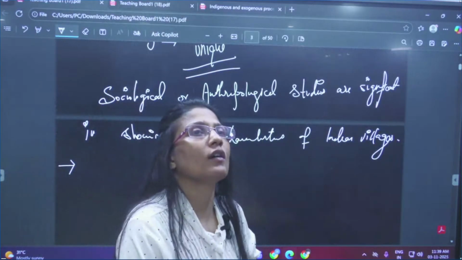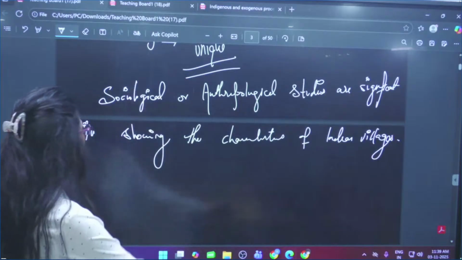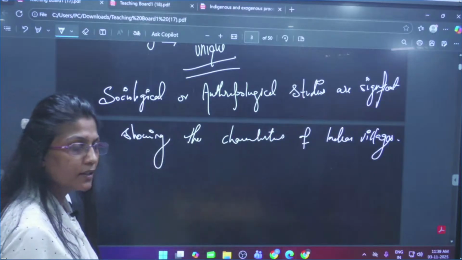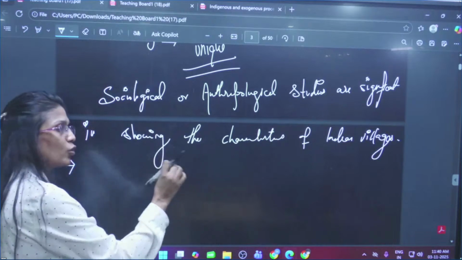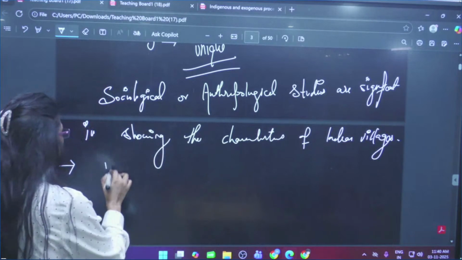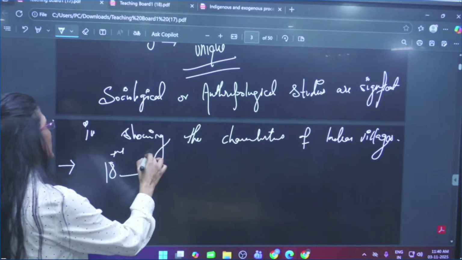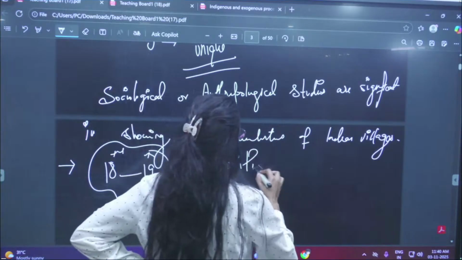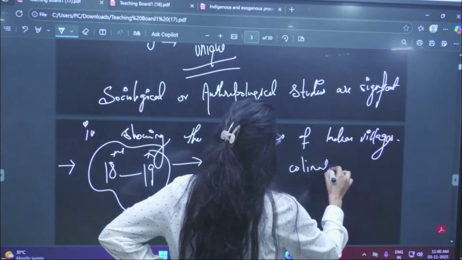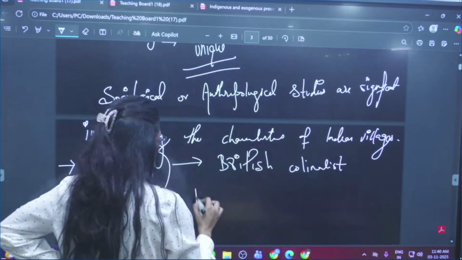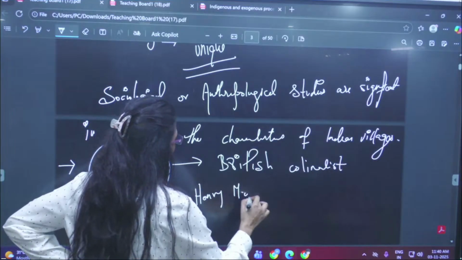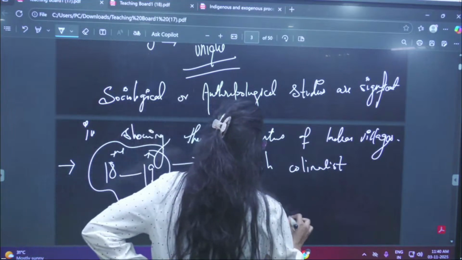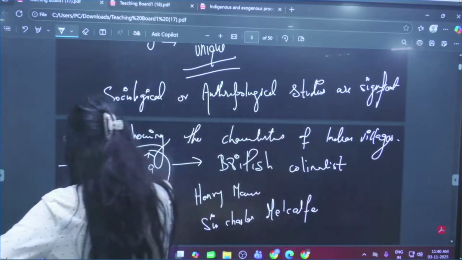You have to see that there are various studies on Indian villages. Why do we have to see it? Because India is truly represented by Indian villages. That is the first part. And we will see what happened from the 18th to 19th century onwards. British colonialists particularly, such as Henry Maine, Sir Charles Metcalfe, Thomas Munro,